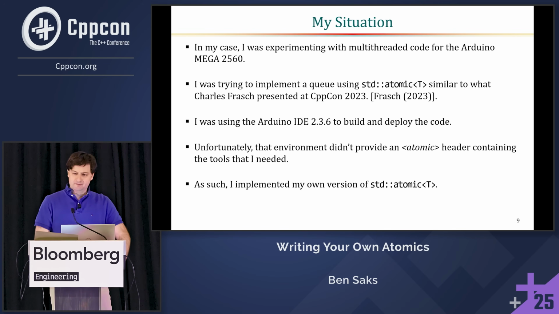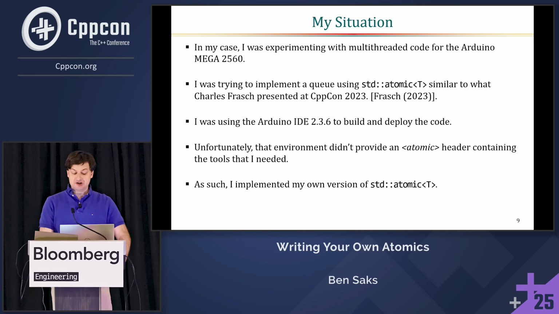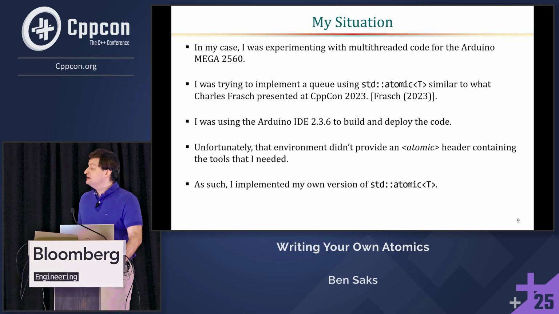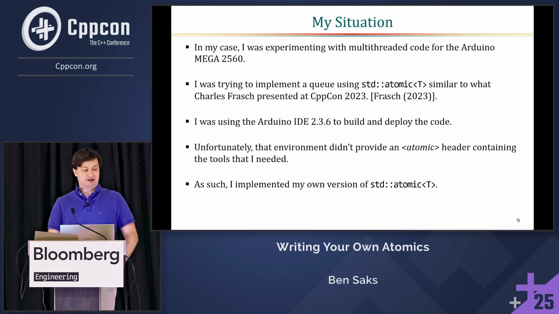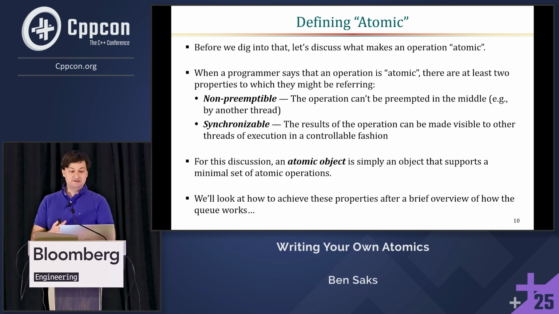I was trying to implement a queue using atomic objects, pretty similar to the one that Charles Frasch presented here a couple of years ago. And I found that, at least when I was using Arduino IDE 2.3.6, I didn't have an atomic header. So I had to go ahead and implement my own version of the std::atomic template. So I'm going to talk to you about how I did that here, but first I'm going to make sure